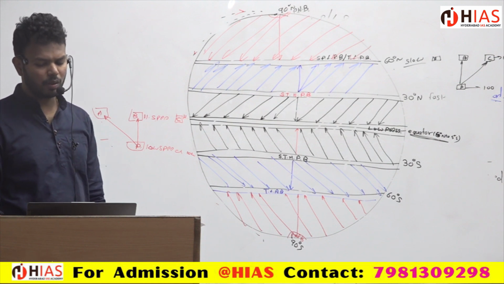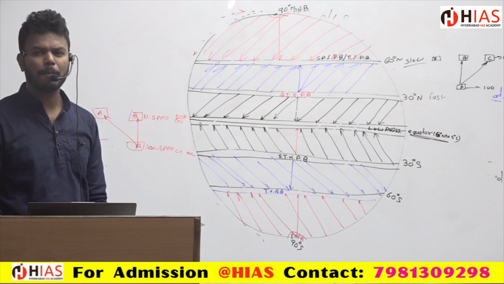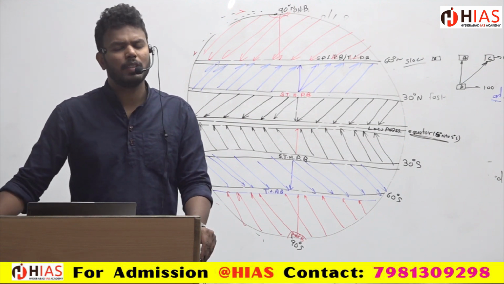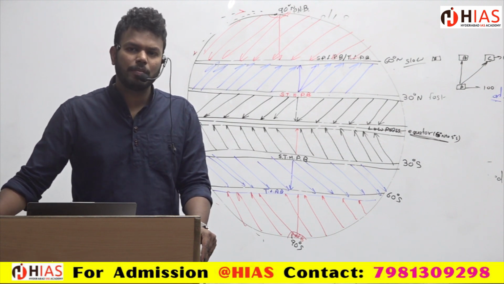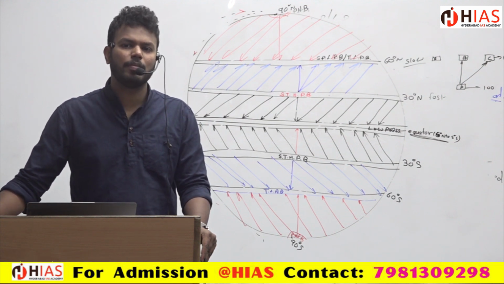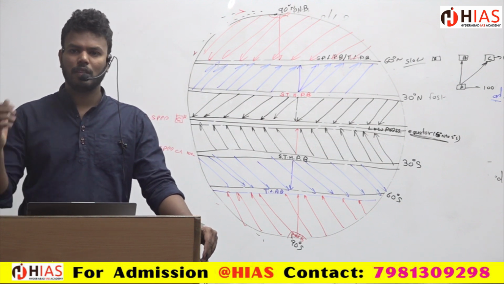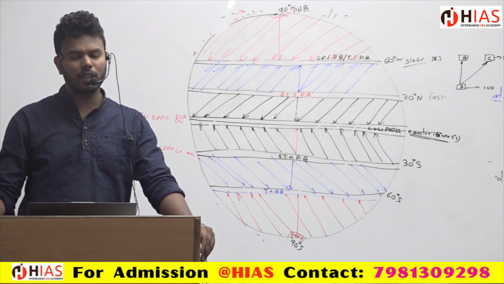I'll give you a definition of this Coriolis force. Sir, do these laws act only on the global winds? Yes. Or on the seasonal winds? Seasonal winds also. Sir, if it acts on the seasonal winds, monsoon in India arises due to the north. No, you will come to know that.